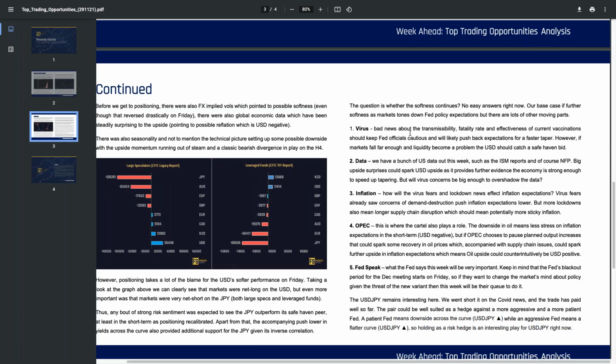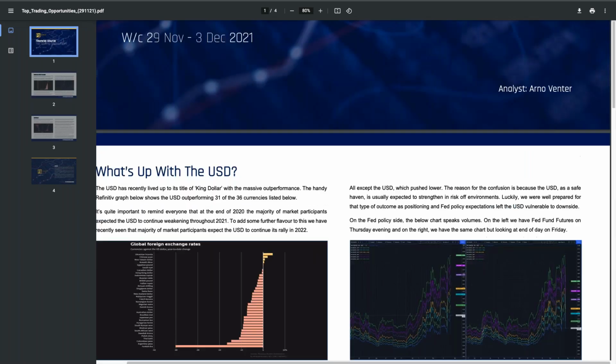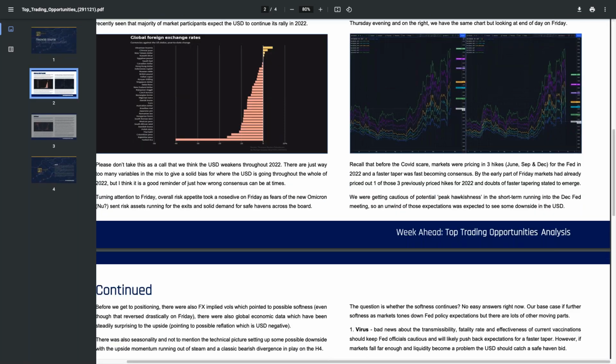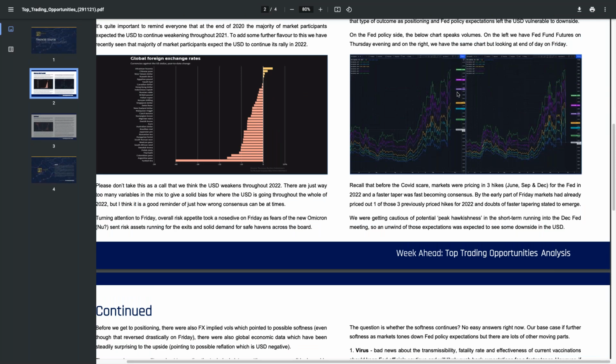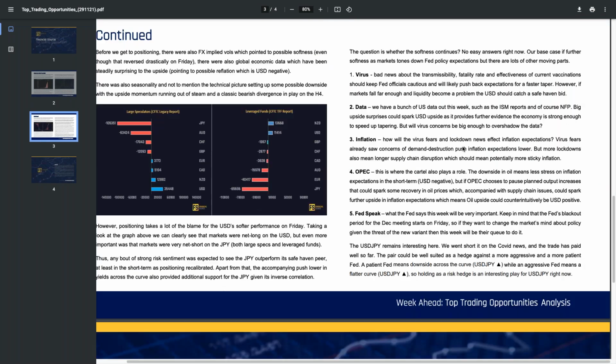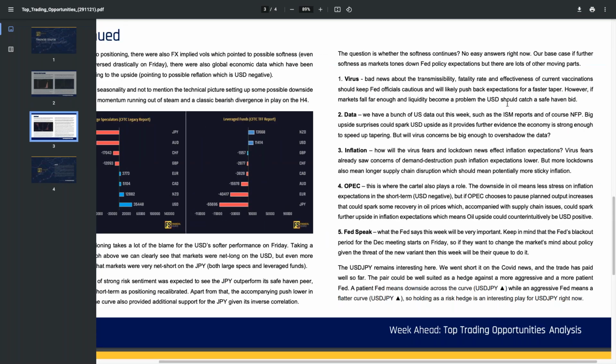If it's more bad news, then we could get a scenario where we see the dollar falling, but then starts to rise if it catches a safe haven bid. The dollar fell into the end of last week because the bond yields were falling lower. As the bond yields were falling lower on Fed Fund futures expectations dropping, the dollar weakened. If it gets worse, we could see the dollar catching a bit of a bid on safe haven. So watch out for the dollar being pushed and pulled around by the virus.